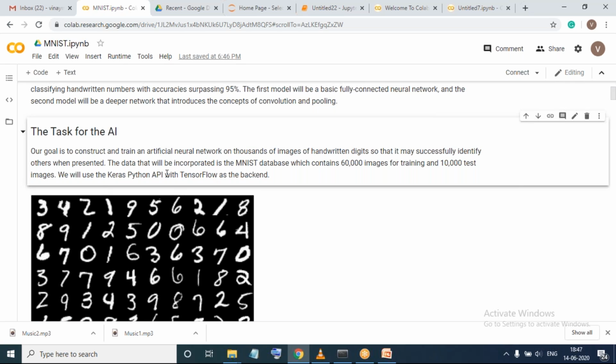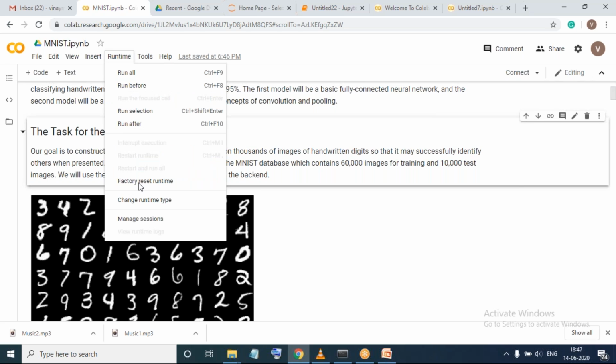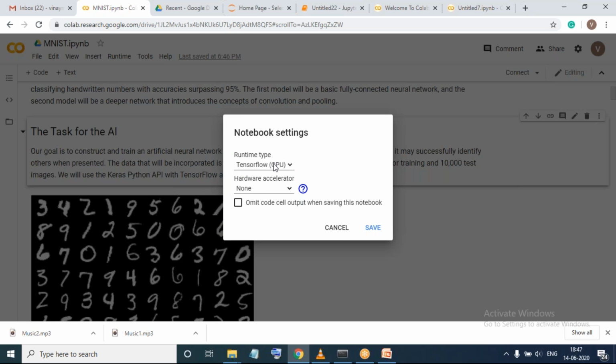So friends, it has loaded up. First I will show you what this runtime is. I'll click on this runtime and say change runtime type. Now you can observe here, friends, the runtime type we have is GPU. That is, it is using a processing unit, and the hardware accelerator right now is none. We can use other hardware accelerators like GPUs or TPUs. Right now it's not required, so we'll not be using it. And you can use either your GPU or Python 3. Any one of them could be used.